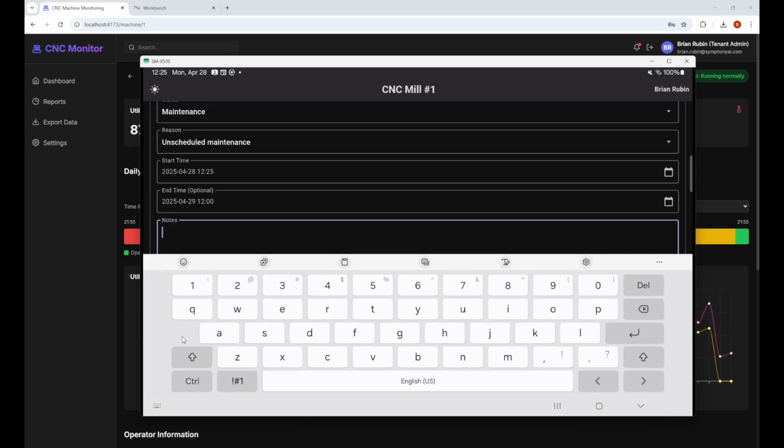Taking the CNC machine down for maintenance, lubrication of the bearing is insufficient. Okay, so you can provide this.